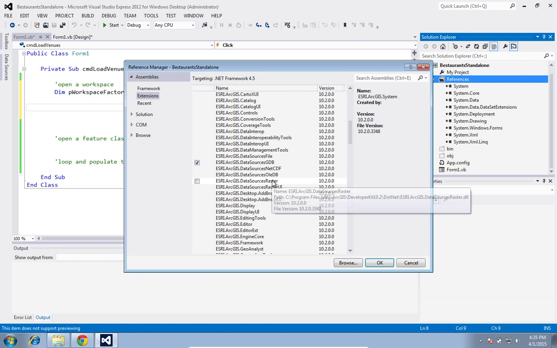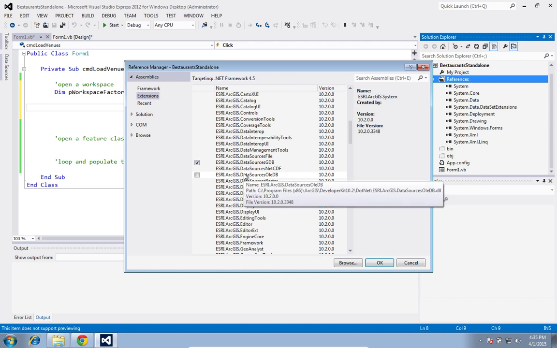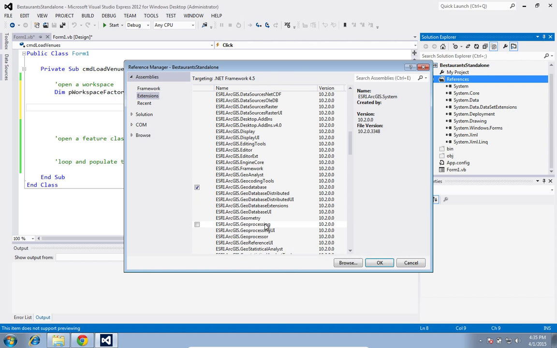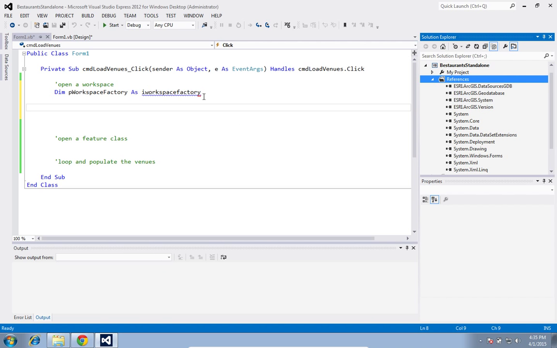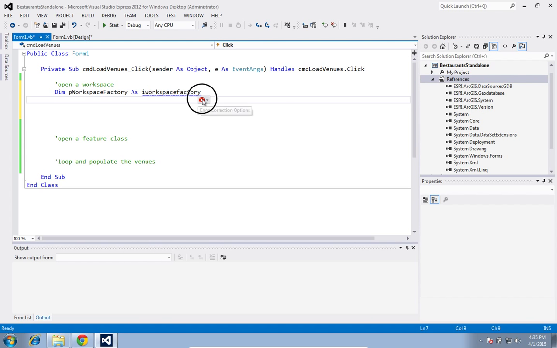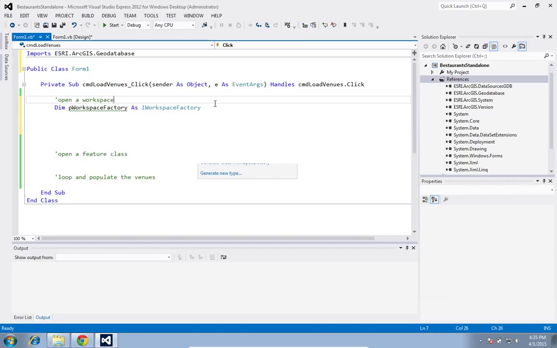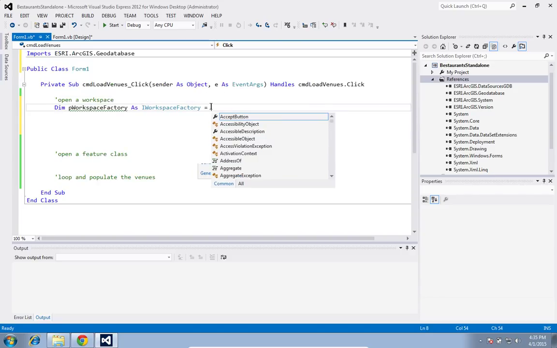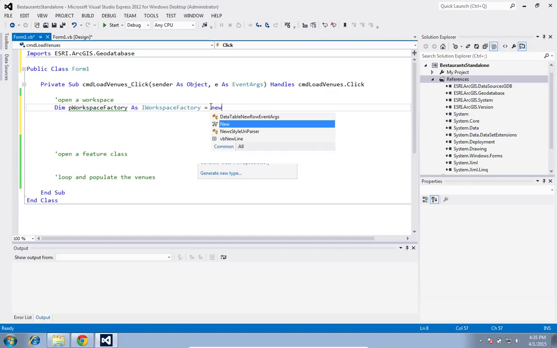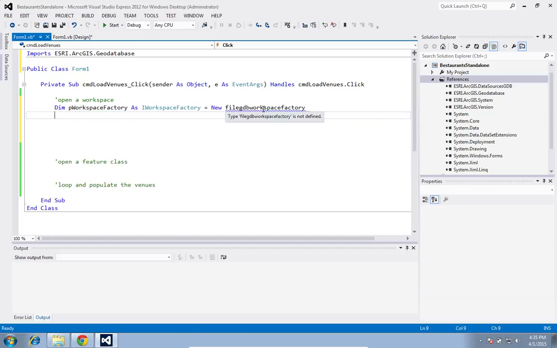That's why I reference the ESRI.ArcGIS.Geodatabase. Okay, you get the idea. But there is a class here, so I have to co-create the file GDB workspace factory, and that is in